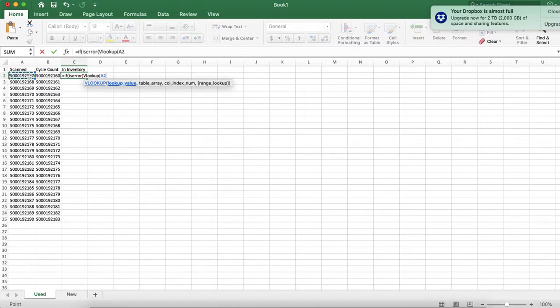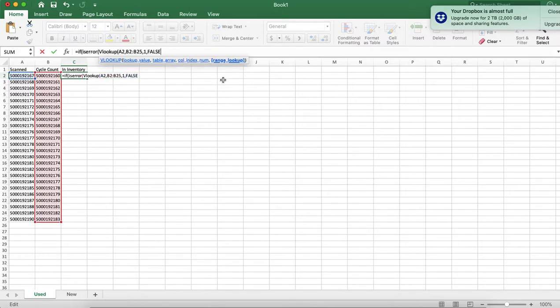So we got the first SKU that we're looking for, and then we're going to look for it in column B. So we're going to select all of them, and then we're going to do a parenthesis, and we'll do a 1, comma, false for exact match, and then come back up, and then we want to close our VLOOKUP and our ISERROR, and then we want it to state